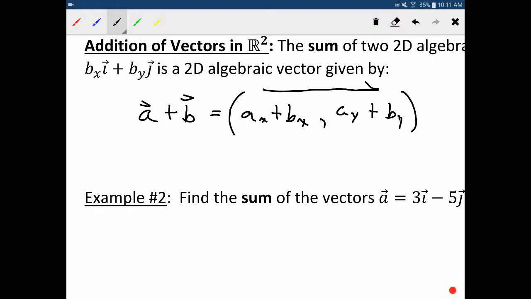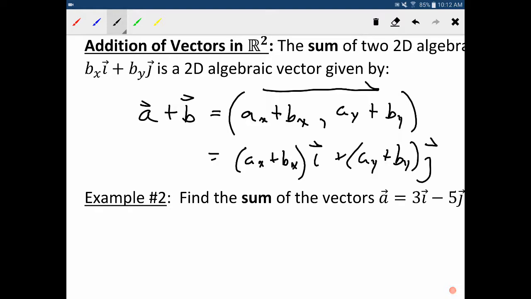And that will give us our vector. Alternatively, we could of course write this as (ax plus bx) times i, plus (ay plus by) times the j vector. Okay? So that's all you do. You're just taking the two x components and adding them, and you take the two y components and add them. So if I have the sum of the vectors